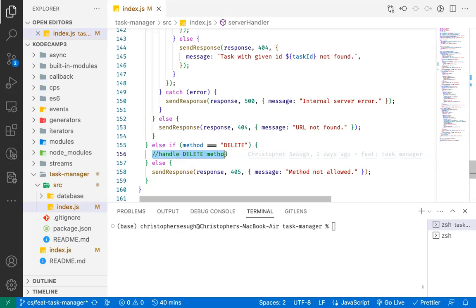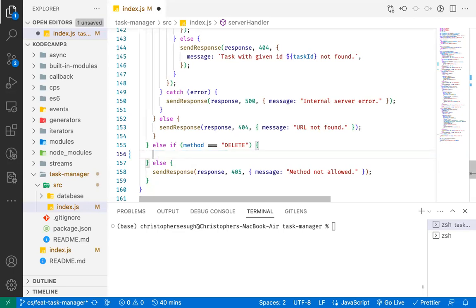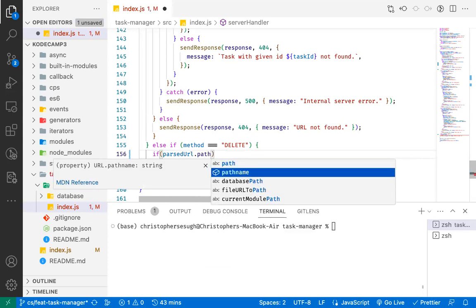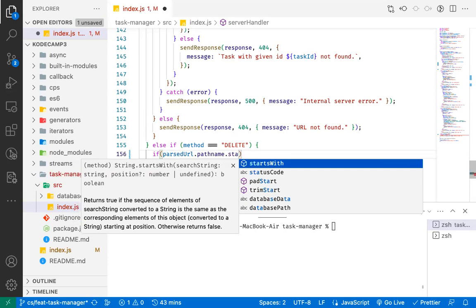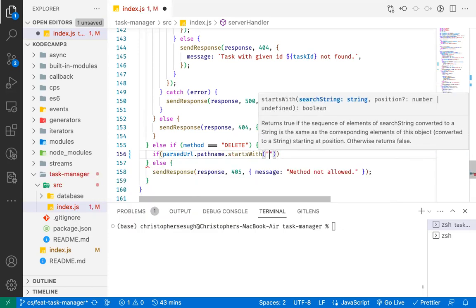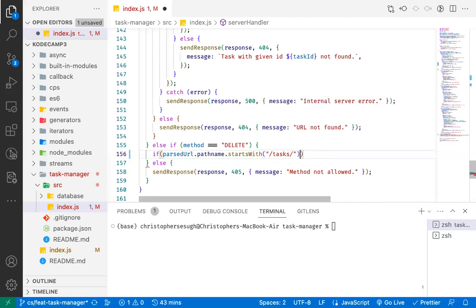So first thing, we check if the method is delete, then check if the path name starts with /tasks/